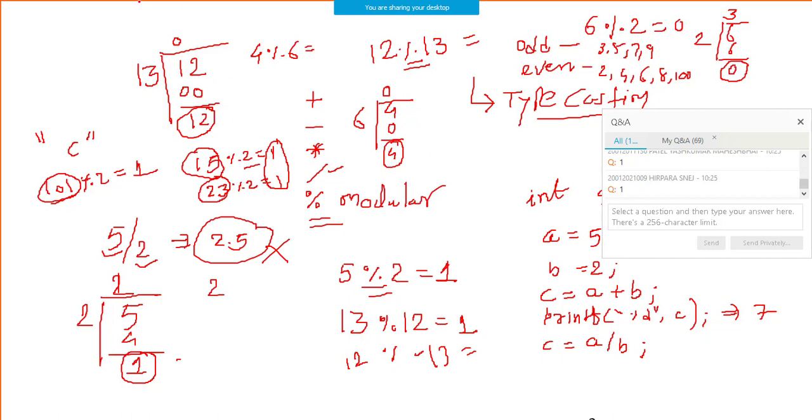You pick up any even number, let's say 50. 50 modulo 2, what is the answer? 0. Very good. Let's say 420. 420 modulo 2, what is the answer? 0. So for any even number, the remainder is always 0, and that's the logic. So if modulo 2 is 0, the number is even, and if modulo 2 for any number is 1, the number is odd, right?